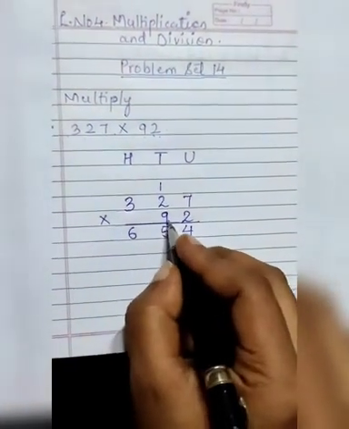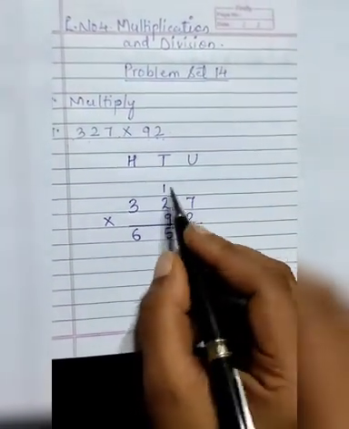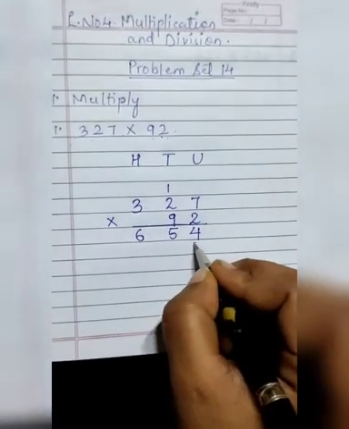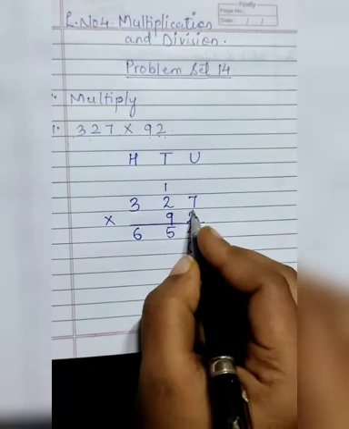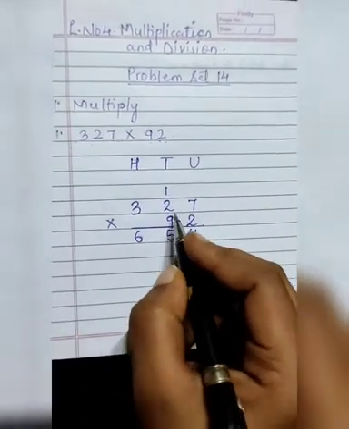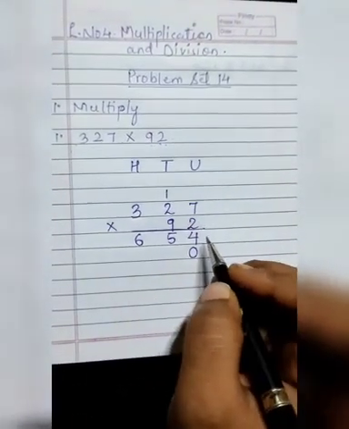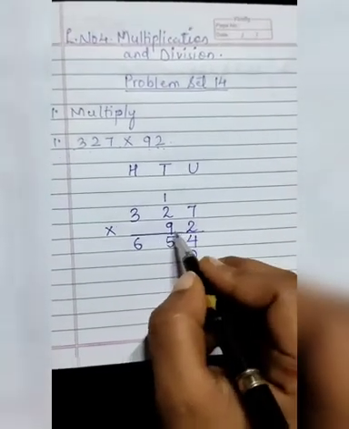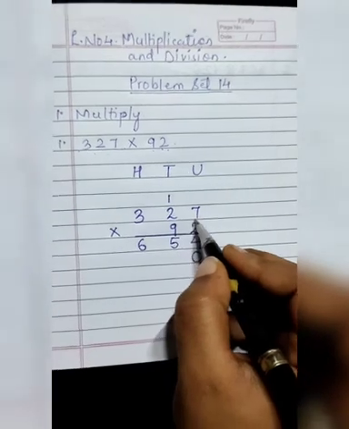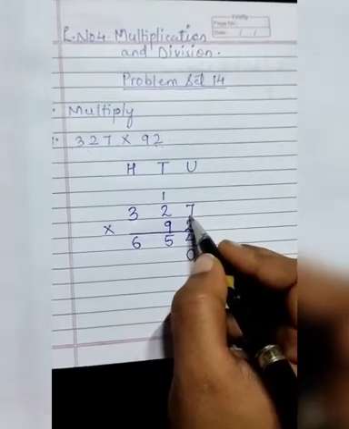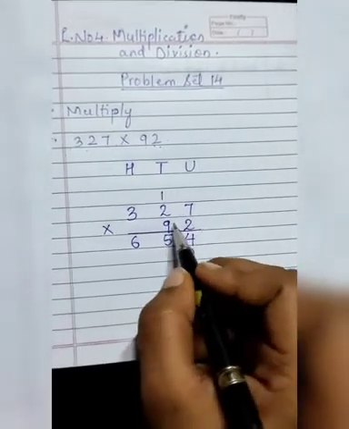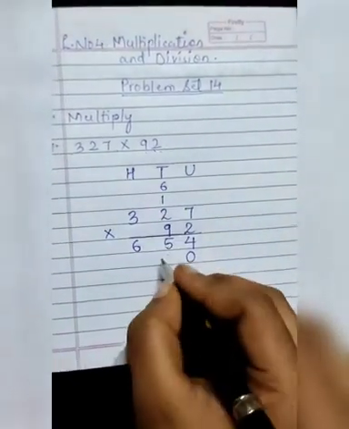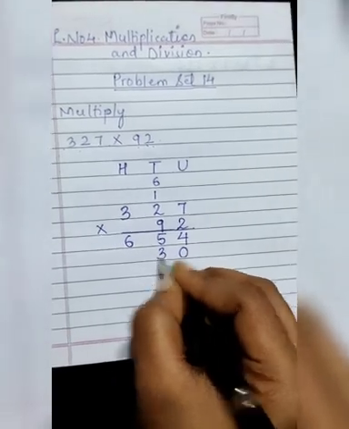Now next number, as I have said to you, 9 is at tens place, that is 90. So we are going to write down here 0. Then we are going to multiply these numbers by 9. 9 sevens are how much? It will be 63. Now students, we are multiplying 9 by 7, so the answer is 63. So we will put the 6 above 2 and 3 we will write down.